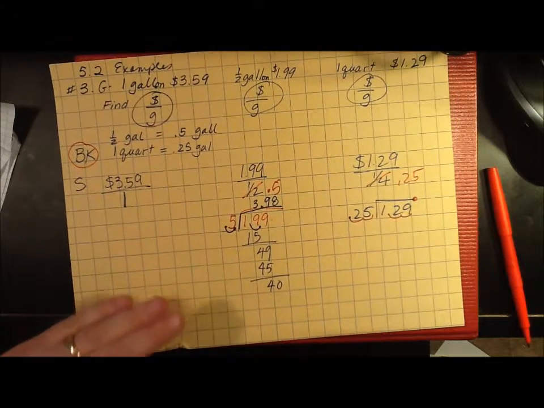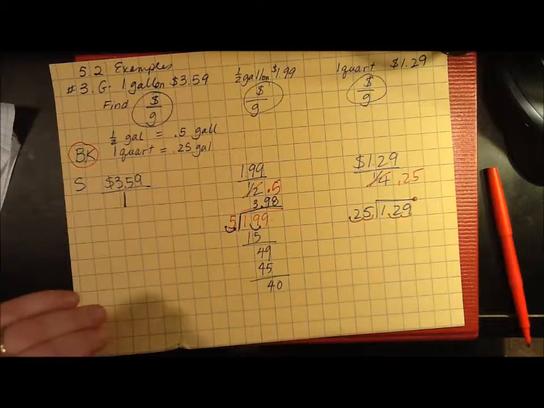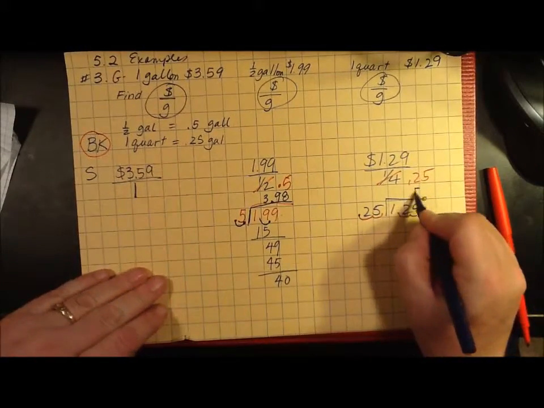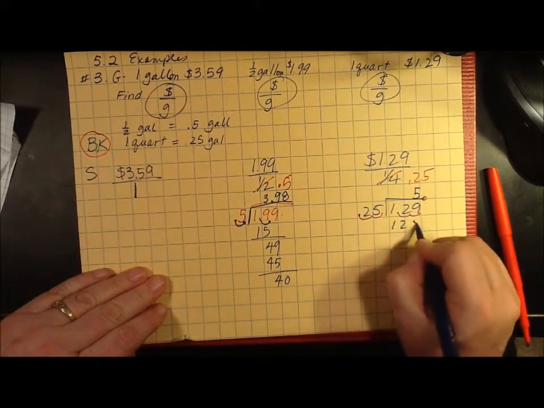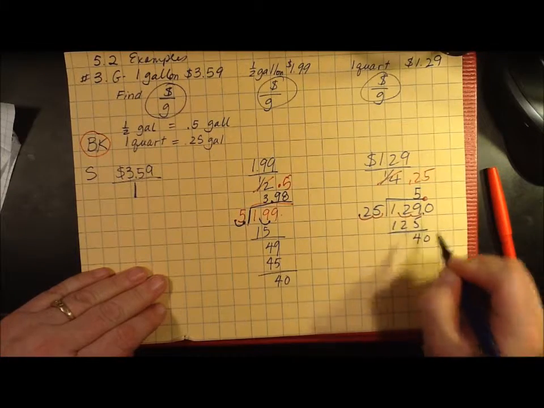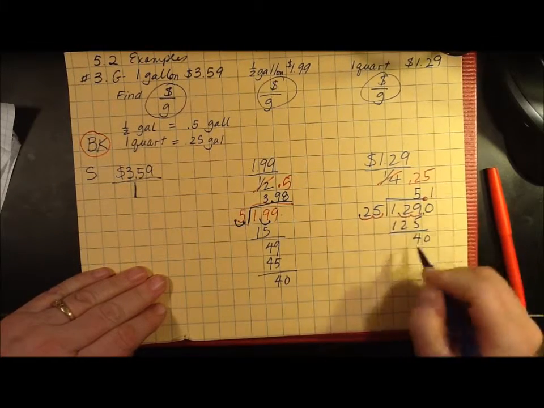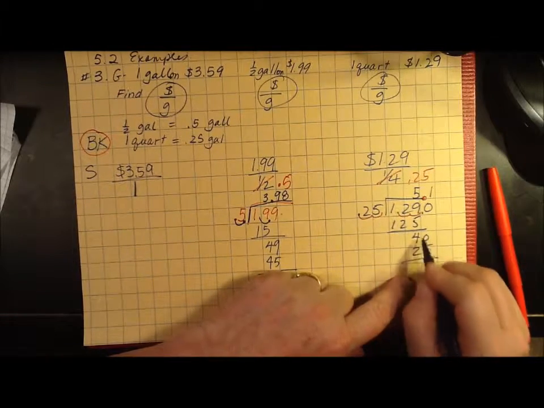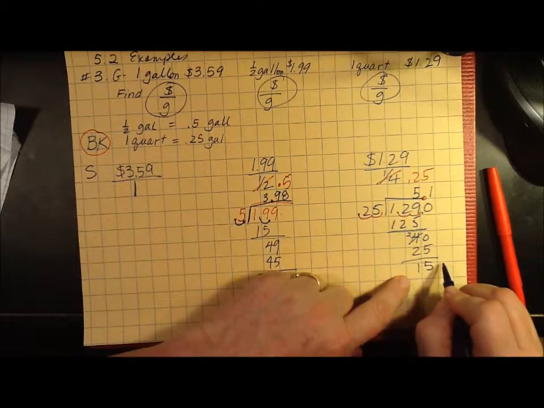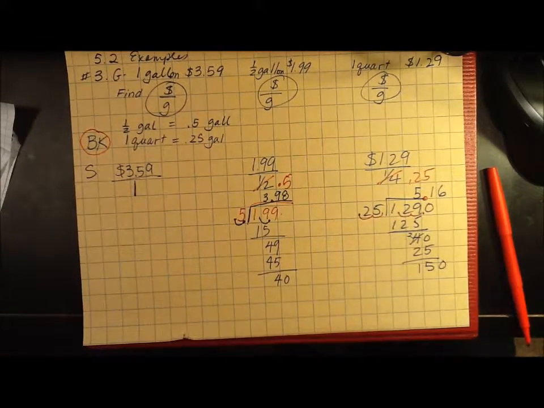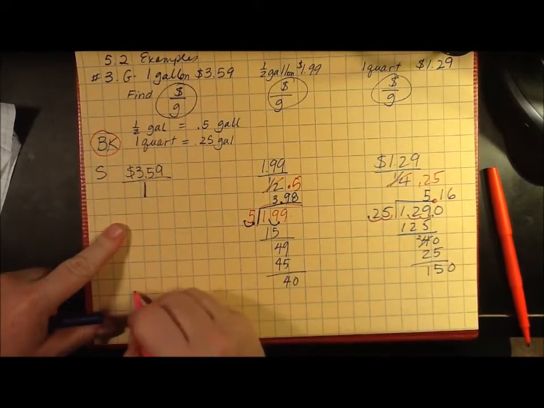And 25 goes into 129 5 times. 5 times 25 is 125. 25 goes into 40 once. Borrowed that. 25 goes into 156 times. So what that tells me is that if I buy milk in the gallon, I pay